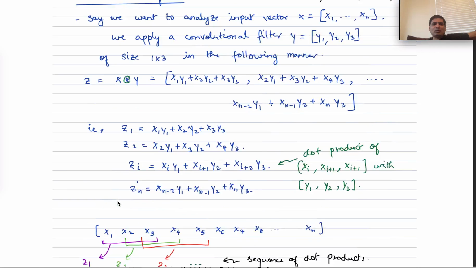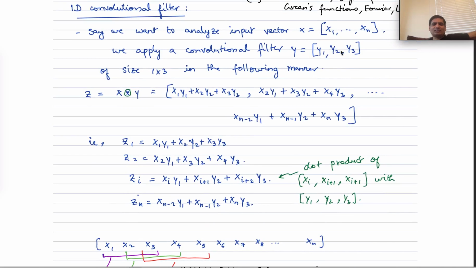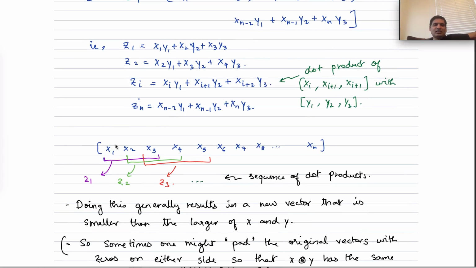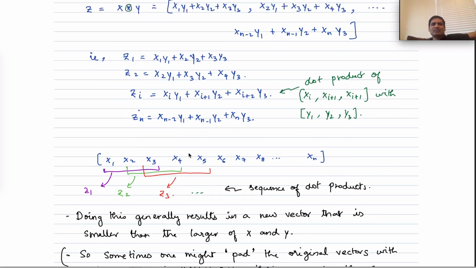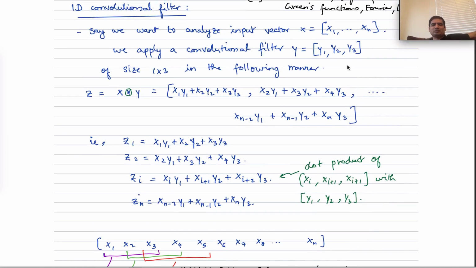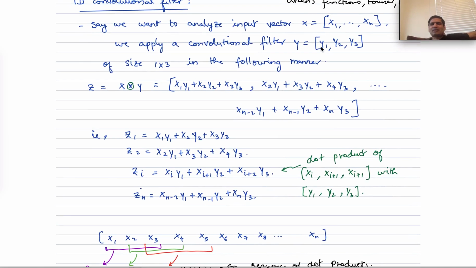So essentially, what are we doing? We are taking this y, which has three elements, and focusing on this part, taking the dot product with it, get z1. Focusing on this part, taking the dot product with it, z2. Focusing on this part, taking the dot product with it, z3. So we are essentially scanning the whole vector or the whole array with this filter, which people might sometimes call